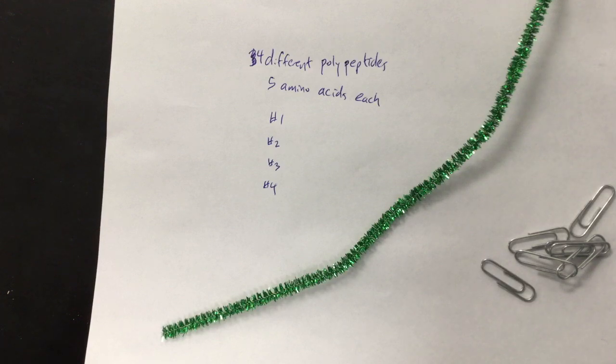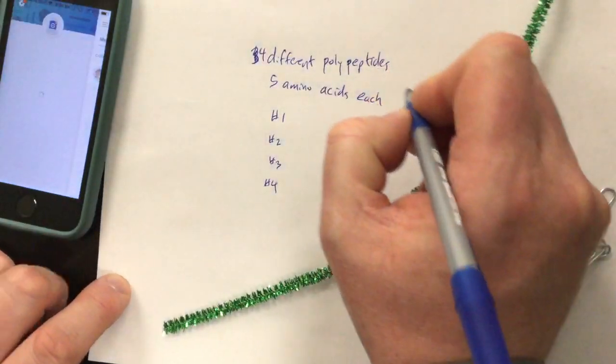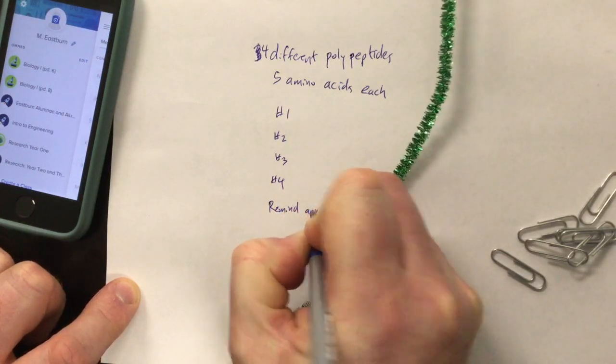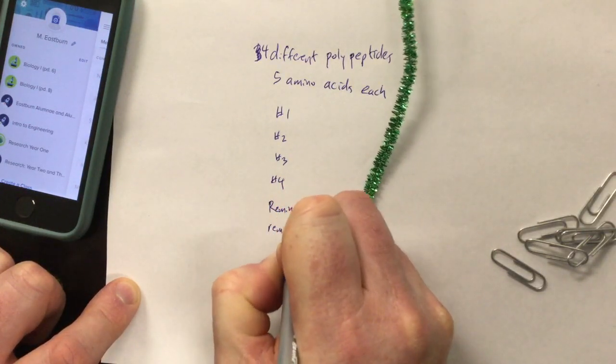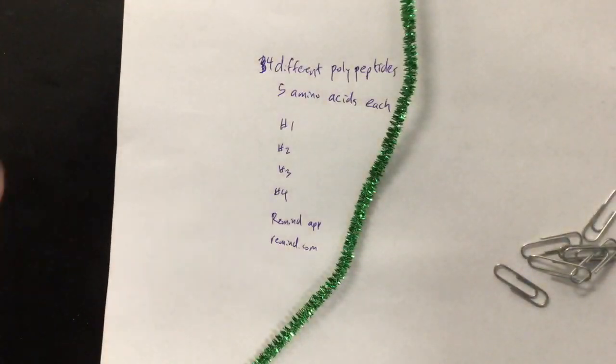Let me just look up the code for the class. So you will have to go to Remind, the Remind app, or remind.com, and you'll have to send me these pictures for grading. It's a little way of getting you to hopefully sign up once and for all for Remind and get into the habit of using it. You can see I'm at school making this video. So what we need, the information we need,